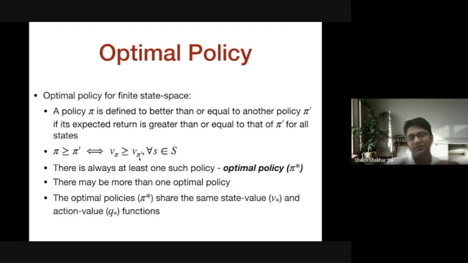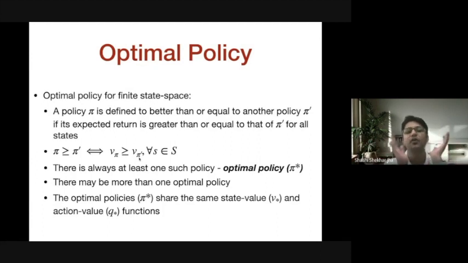Or reverse is also true. Let's say we have the maximum value function, okay? So the policy which gave us the maximum value function is actually the optimal policy. Right? So I hope you could understand the connection, and this actually helps us a lot.